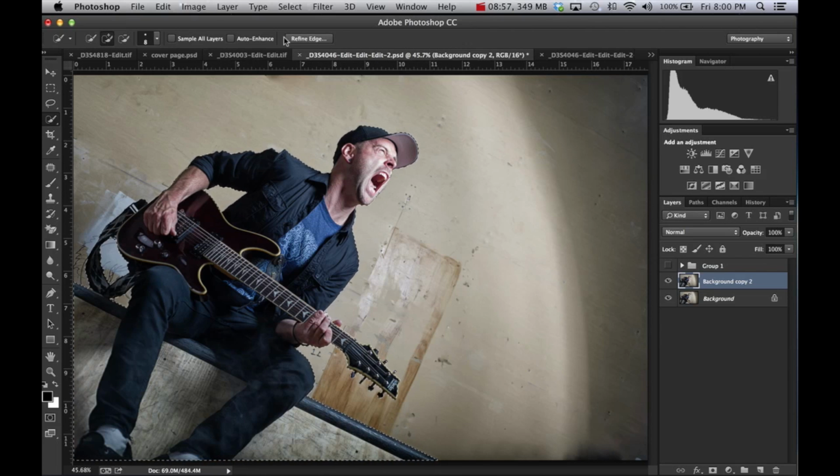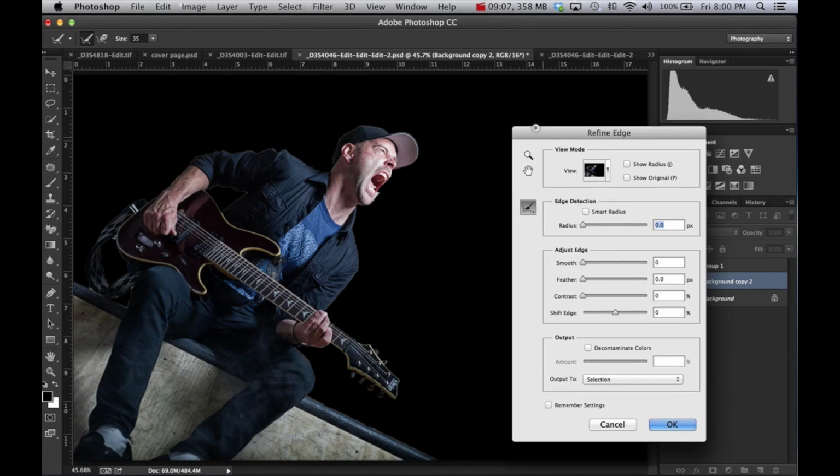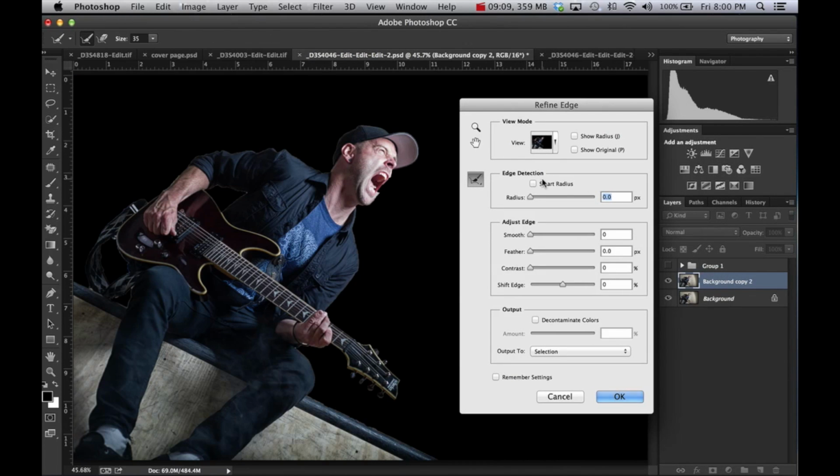There's this tool up here called Refine Edge, and this is kind of the holy grail of masking, other than channels, which is a whole other tutorial. Look at the hard edge. If you put a background in there, you're going to see that white fringe, and you're not going to want that. You've got to use these tools in here to make the outlines of this image